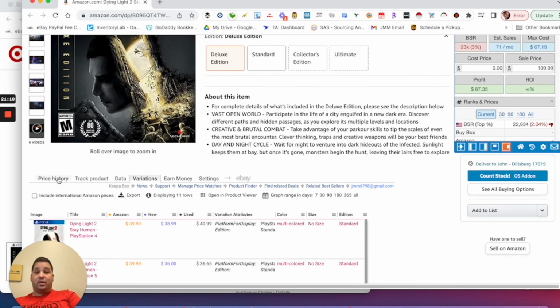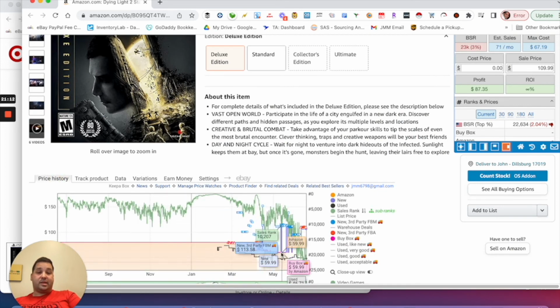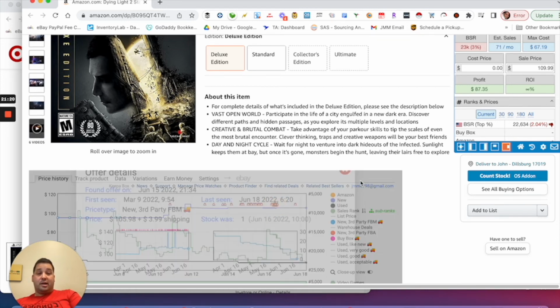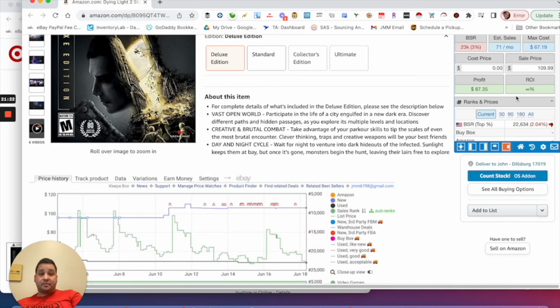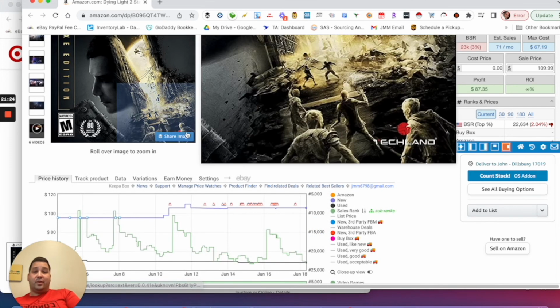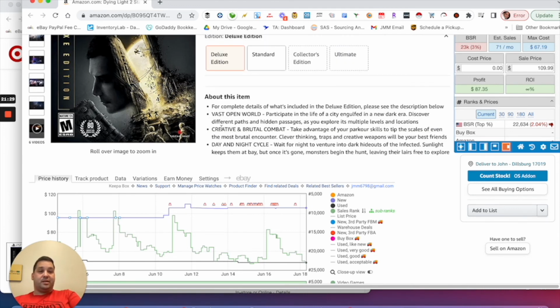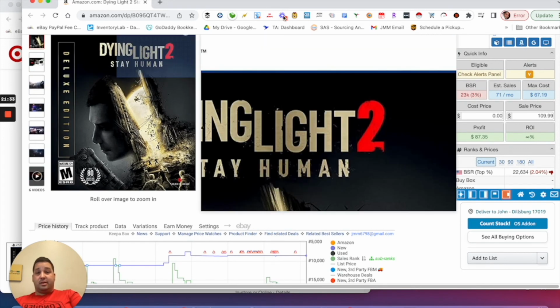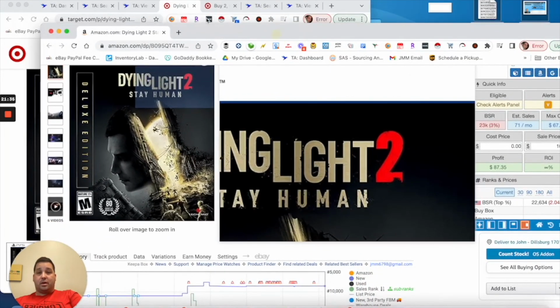I probably would not buy this just because Amazon is most likely coming back in stock. If I did buy this, obviously people are getting sales here at $109. I'd probably merch and fulfill it because with video games, it's light. You could send it first class mail. It'll probably cost you $4 or $5. Probably $6 on the high end. So if you were getting this for,